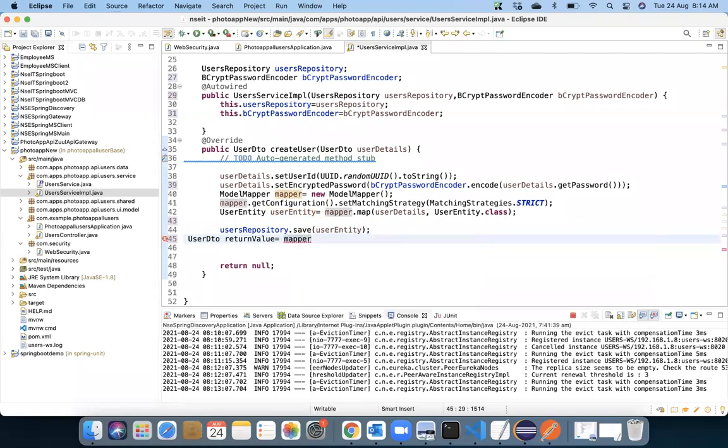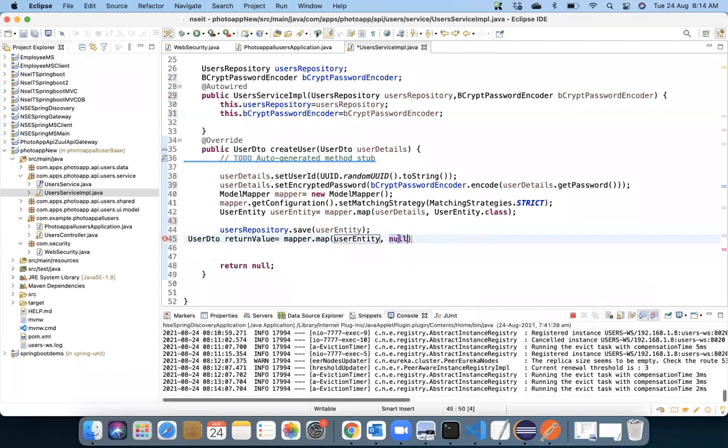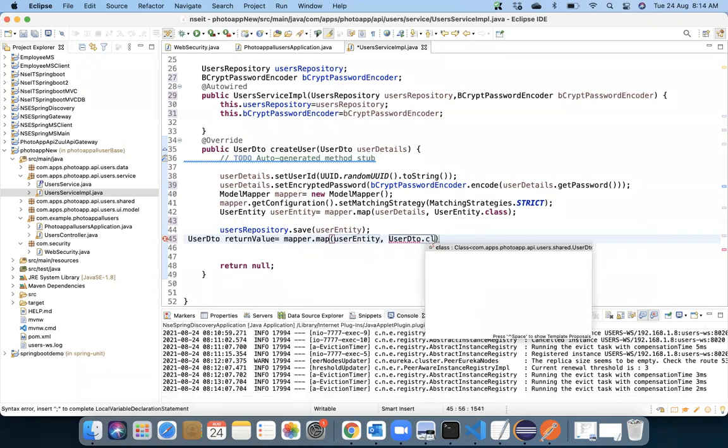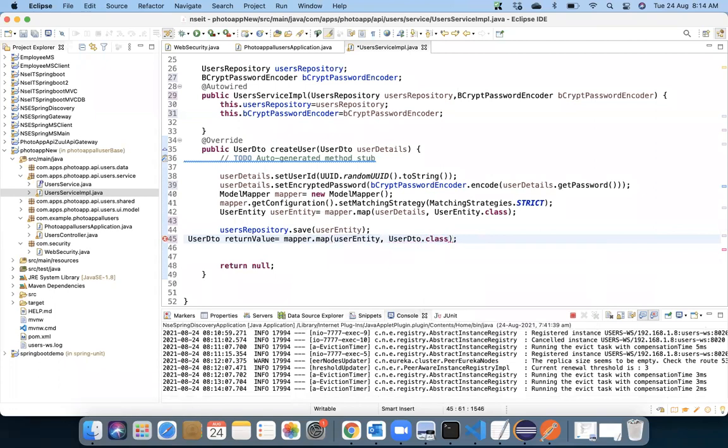Mapper dot map has two options: userEntity, and the second class will be UserDto dot class. And here is your return value.